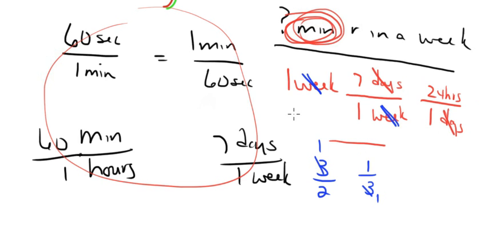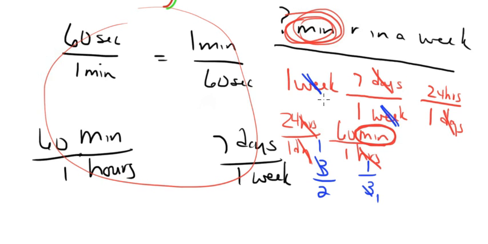Okay, now I have hours. I'm just going to bring this back down so you can see 24 hours, 1 day, and we cancel out the day. Now I can say that there's a relationship between hours and minutes, right? I could say 1 hour has 60 minutes. And I got rid of my hours. It's left me with minutes, right? Which is what I wanted to go to, correct? I was trying to get to minutes. So once I do that, I'm done.